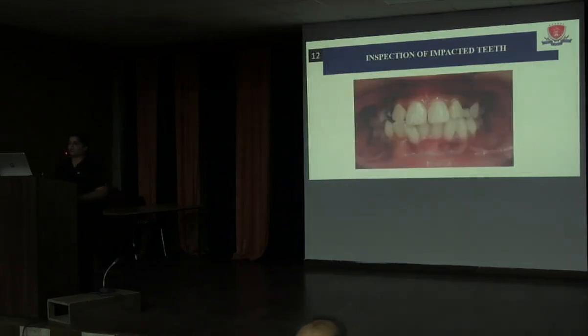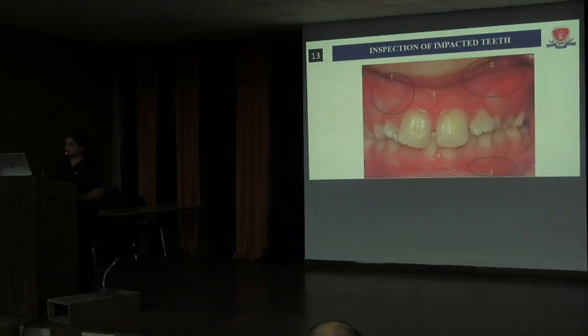So how do we inspect for the impacted teeth? When a canine is not present by its eruption age, it can be suspected by the abnormal angulation of the lateral incisor and the presence of midline diastema. Now, for palpation, the index finger is used to palpate along the alveolar ridge. If the buccal bulge is present,